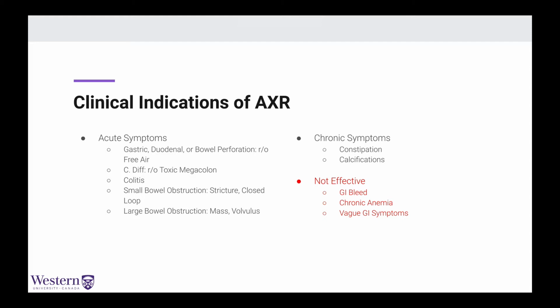Now, there are certain indications that are definitely not effective on an abdominal X-ray, namely gastrointestinal bleed or anemia, of which it can be very difficult to visualize the reason for a bleed, or a soft tissue mass, or a nodule or a tumor of some kind. In addition as well, whenever an abdominal radiograph is ordered and there's a vague gastrointestinal symptom that doesn't actually point to a specific location or cause, that can often be low yield and not yield any actual findings